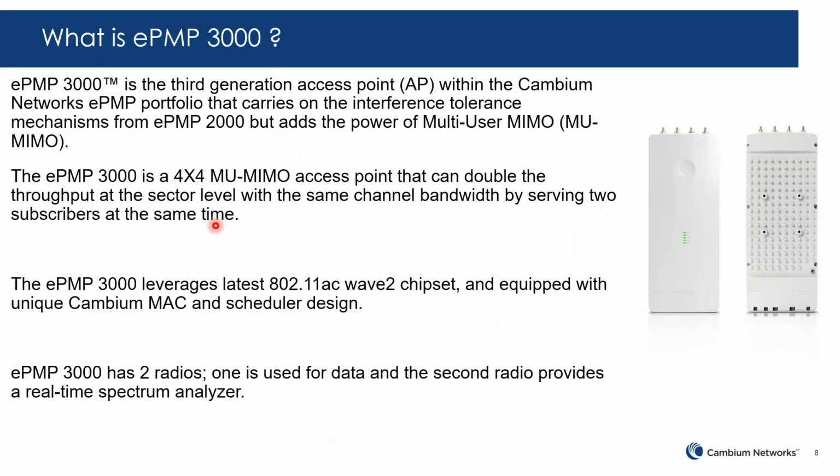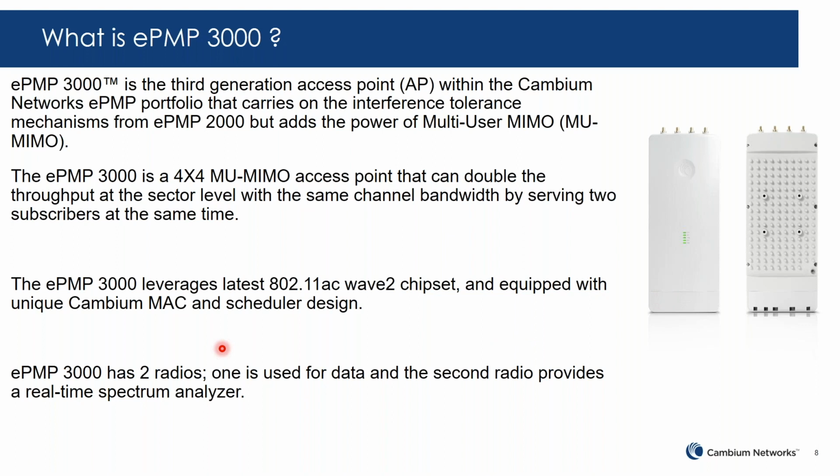Okay, so now we've been talking about ePMP 3000. What is ePMP 3000? In a nutshell, the ePMP 3000 is our third generation of access points within our ePMP portfolio. Like I've mentioned, we have evolved the ePMP access points from 1000 to 2000 to 3000. In terms of standard, 1000 and 2000 are the 11N standard, whereas the 3000 represents the 11AC. I'm still going to show you a lot of features of the ePMP 3000, but for now, note that the ePMP 3000 has 2 radios